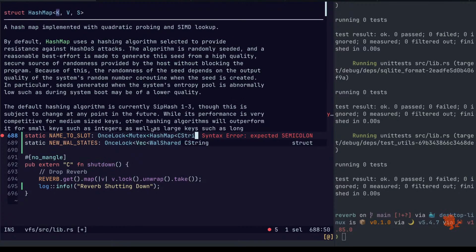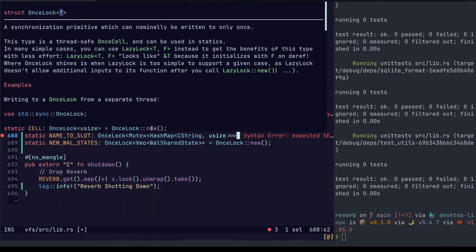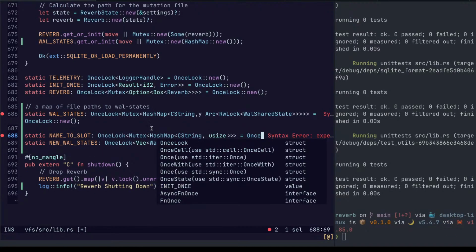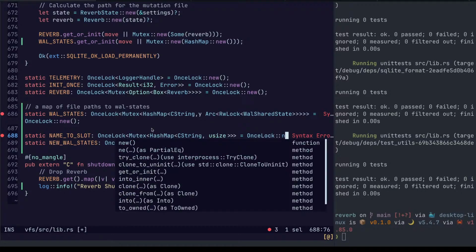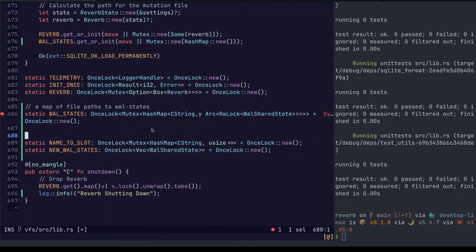Hash map to C string to usize. Name to, I don't like slot.